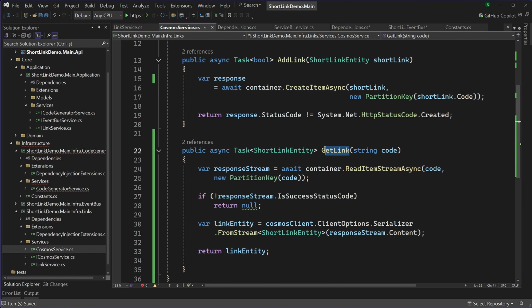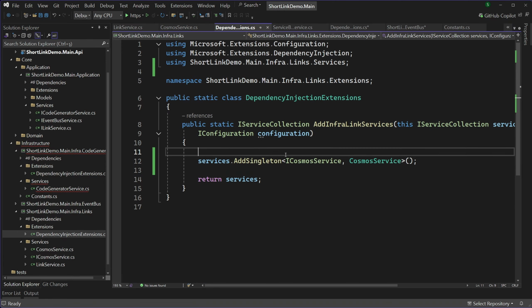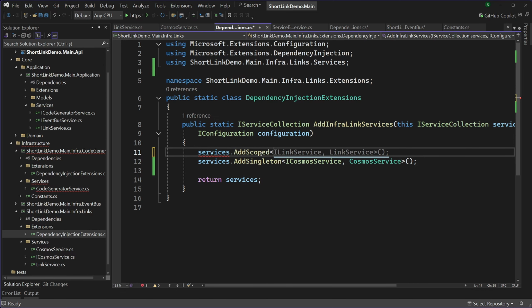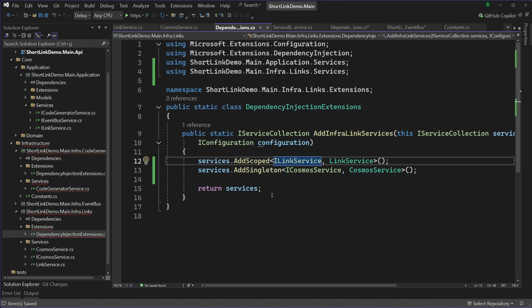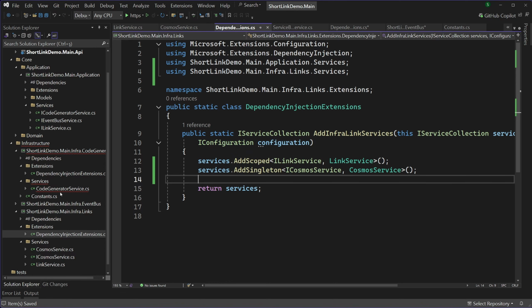So I've already implemented get link as well as add link. Let me check if we are missing anything. Yes, services, link, add scopes, ILinkService. This is going to be my link service when someone calls me. We don't need that one, so we can get rid of this. I know we are going to need that one, because we are going to implement